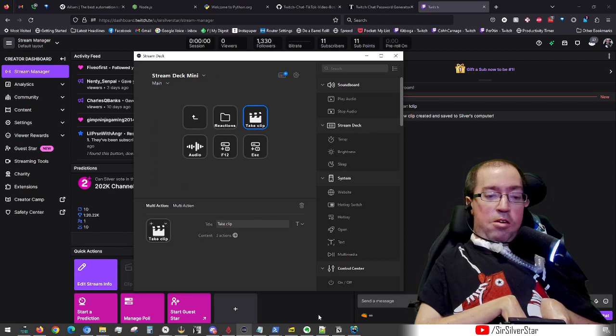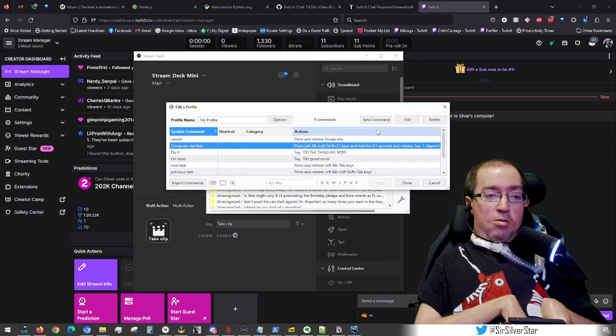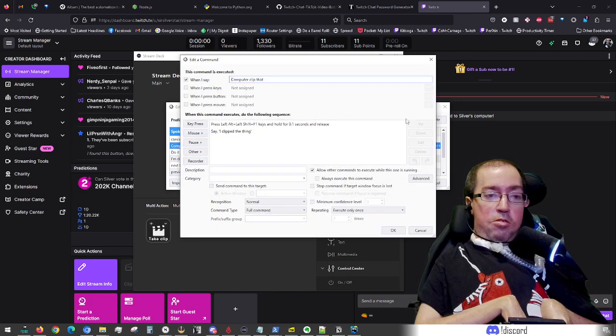And as a final bonus, if you're more into doing things with your voice, you can set up something within VoiceAttack. VoiceAttack is just something that allows you to set up various things that you can do either with keyboard commands or with your voice. So what you can do is set up an action within VoiceAttack, and there is a free trial of this if you wanted to do it, so that whenever you say a certain thing,